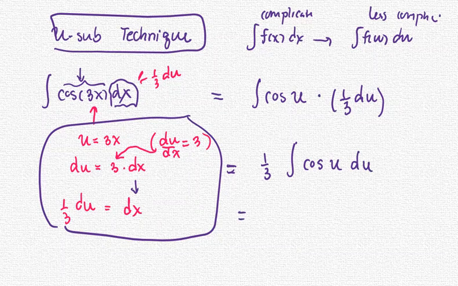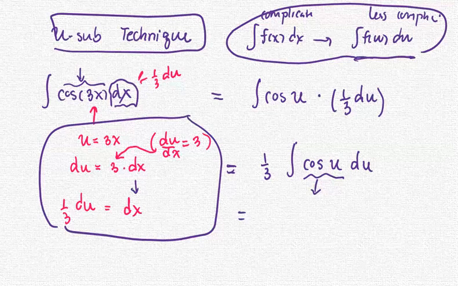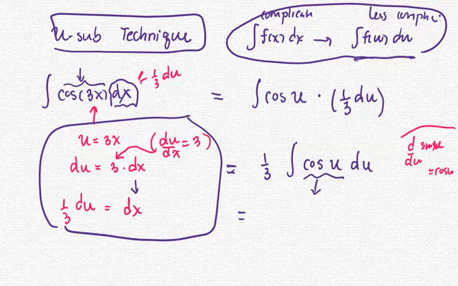And then the problem that you have now is in the simplified form, or the less complicated integral form, that you can apply the basic antiderivative rule to get the result. For this problem, we have the integral of cosine u. Think about what function has its derivative as cosine. On the side note here, the derivative of the sine with respect to u, we know, is cosine u. So that's the formula we could think of.